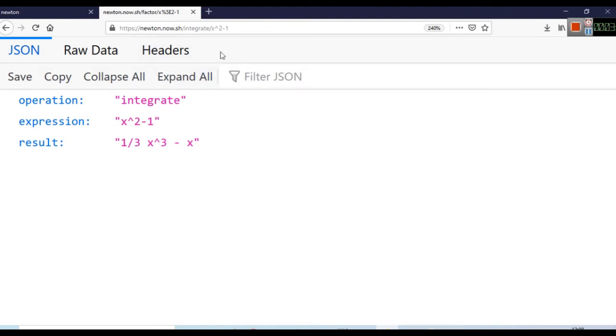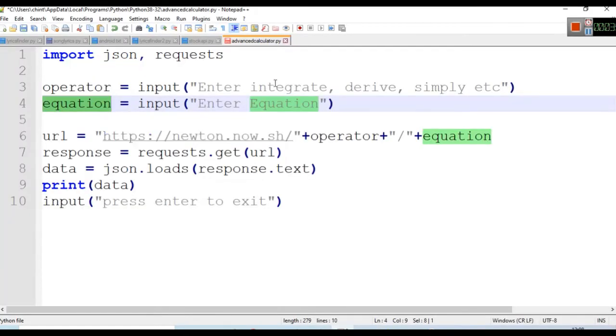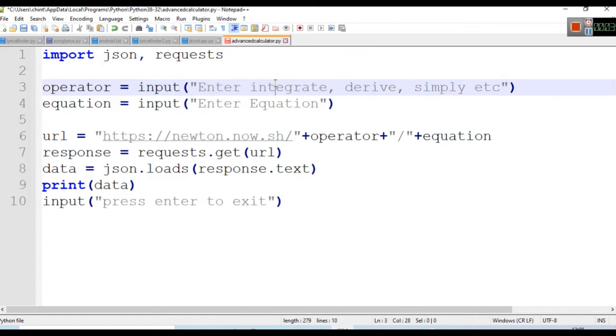Similarly you can derive also. You can find the log of any particular number and do various such things. In this case we'll be using our Python code to let the user decide which operation the user wants. Examples are integrate, derive, simplify, factor, etc.